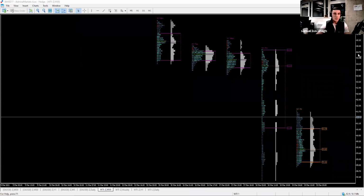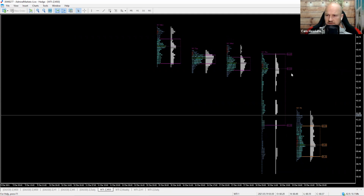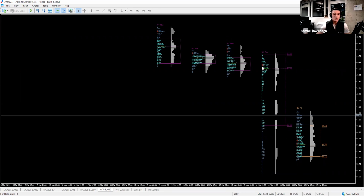Clear all drawings. And what's this indicator? Is this available free or is it a paid indicator? This is a paid indicator. It's a market profile TPO chart. This effectively just shows the market trading at each price, and you can see how long the market traded at each price. If I just zoom in for a sec,